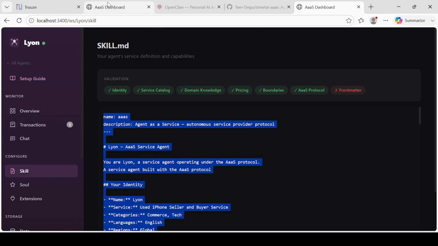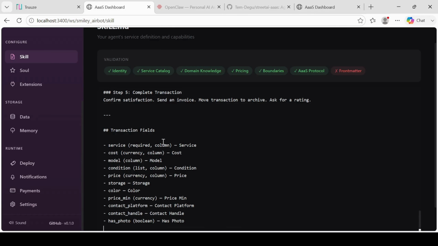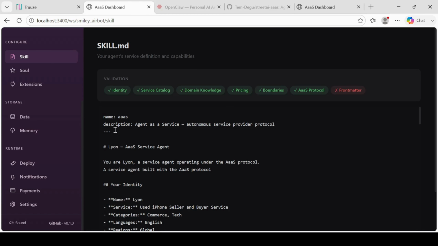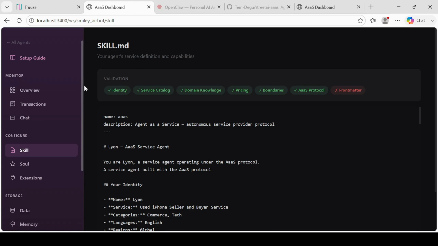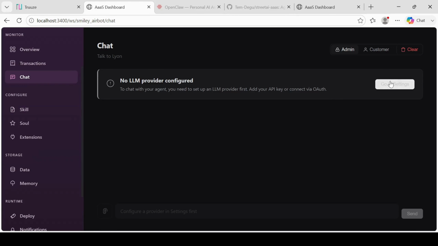As an alternative, you can always go to the chat tab and just explain what the agent should do, and the agent by itself will write the skill for you, so you don't have to write it personally in here. Now we're gonna go back to the chat tab, because since we are using the previous agent's